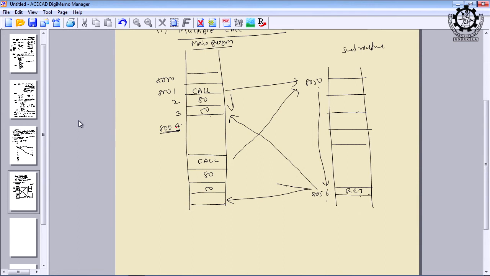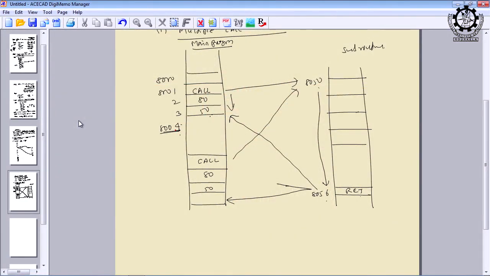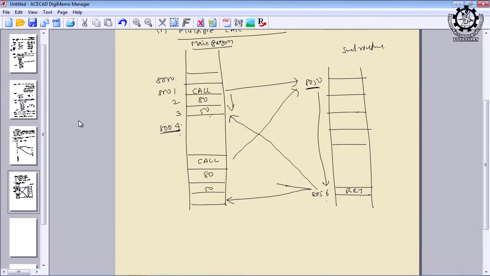So, the program counter initially will hold the address 8001 when the call instruction is to be executed, and the moment the call instruction is executed, the value 8004 will be saved into the stack, and the program counter will contain 8050. From 8050 the execution will begin, and whenever the return instruction is encountered, the program counter content will be modified to 8004, so that the execution can resume from memory location 8004.